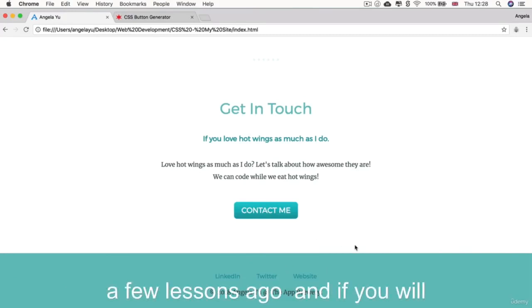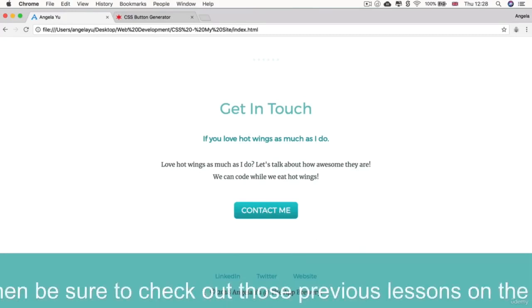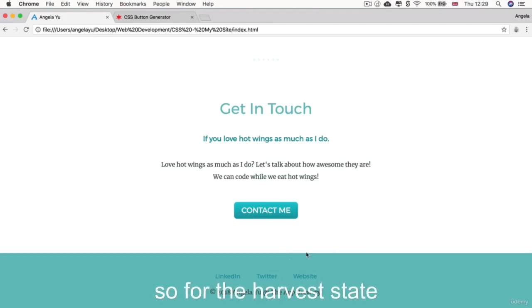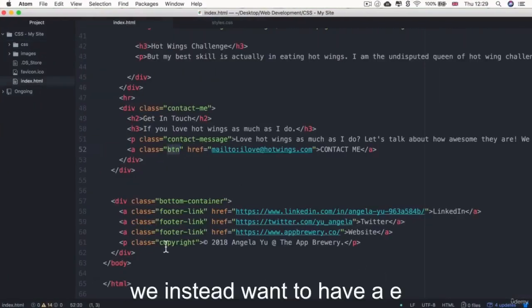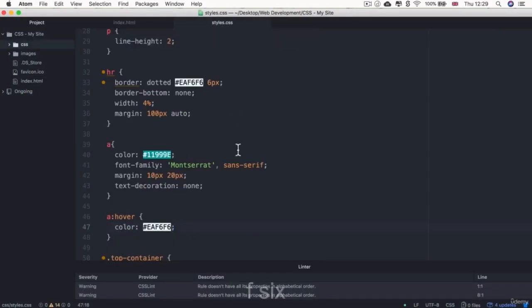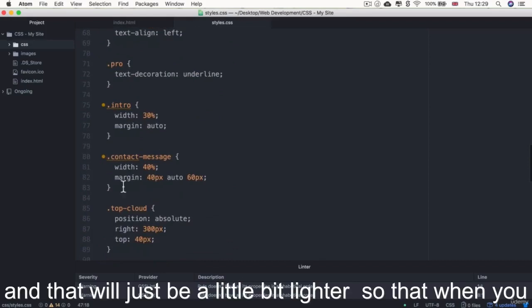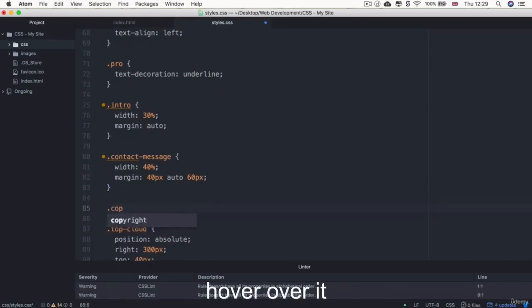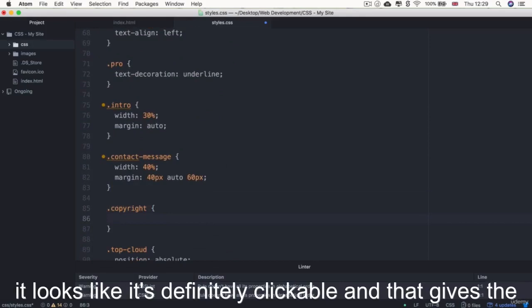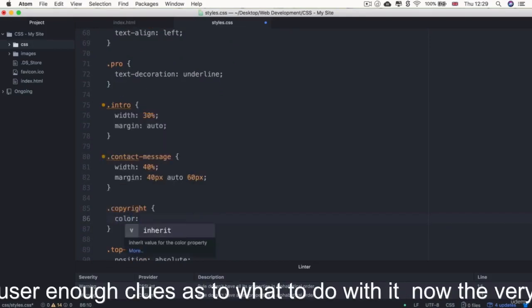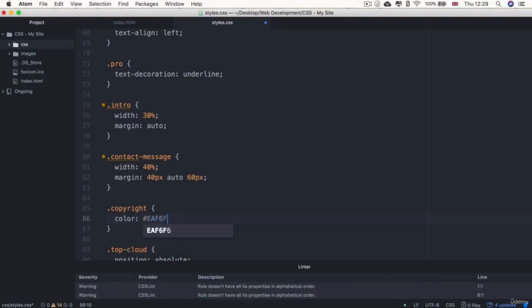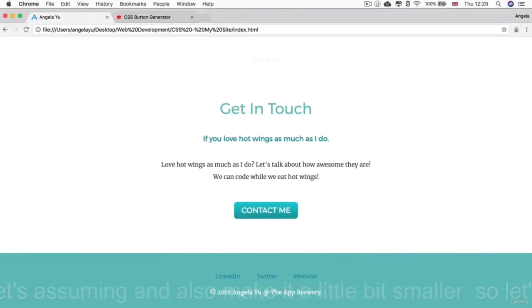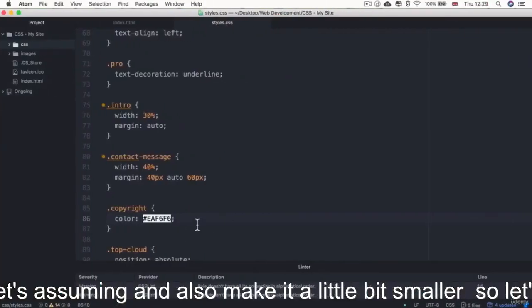Now, the very, very final thing that I'm going to format is the copyright here, and I'm going to change its color to make it less assuming and also make it a little bit smaller. So let's go ahead and see what we used for that copyright message. We used the class copyright. So let's go into our styles.css, find the part where we have the text, and let's go ahead and select the copyright message and change its color to the same as we had for our anchor tag rollover state, which is EAF6. Hit refresh, you can see it's now this lovely light white color,